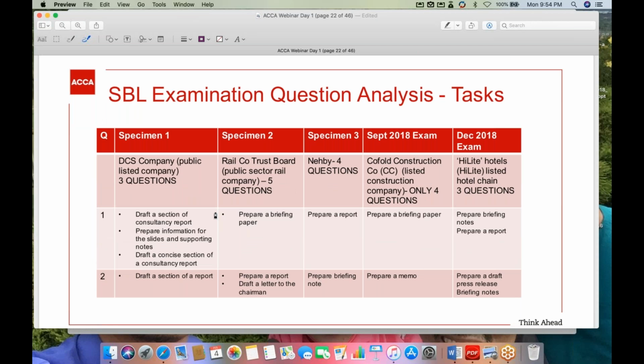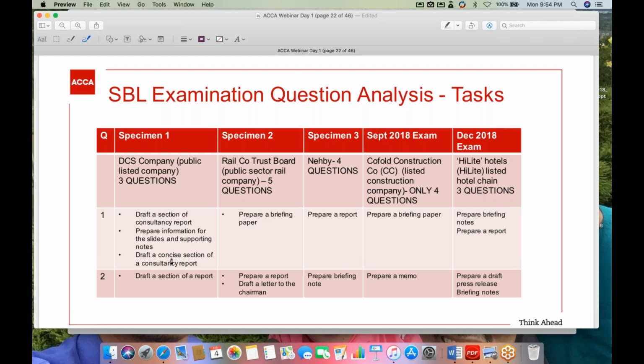What I've done here is an examination question analysis, where I look at only the tasks that are being asked to perform. These are your roles. You should know your roles, and at the same time, those roles come together with the task. So by looking at specimen 1, specimen 2, specimen 3, and the September 2018 and December exams, roughly you'll see that